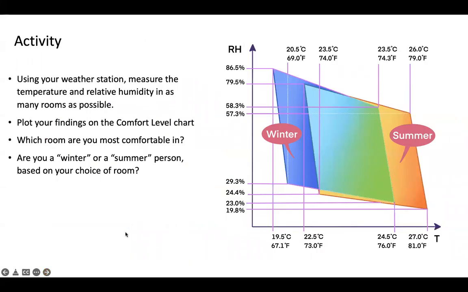Absolutely. So the activity that we'll be posting later for students is: using your weather station, measure the temperature and relative humidity in as many rooms as possible. Plot your findings on the comfort